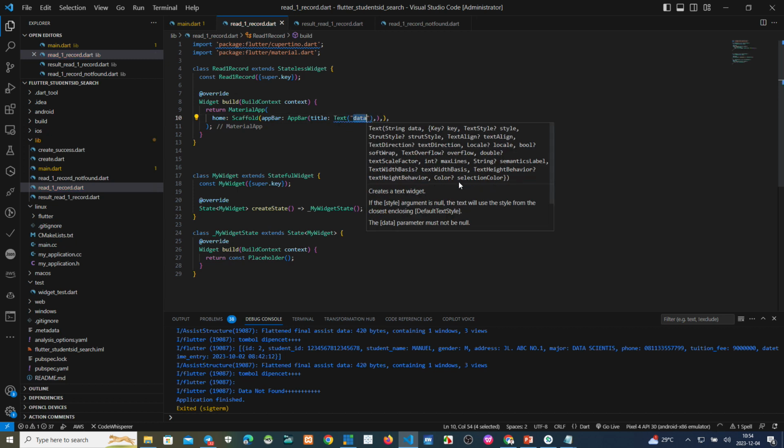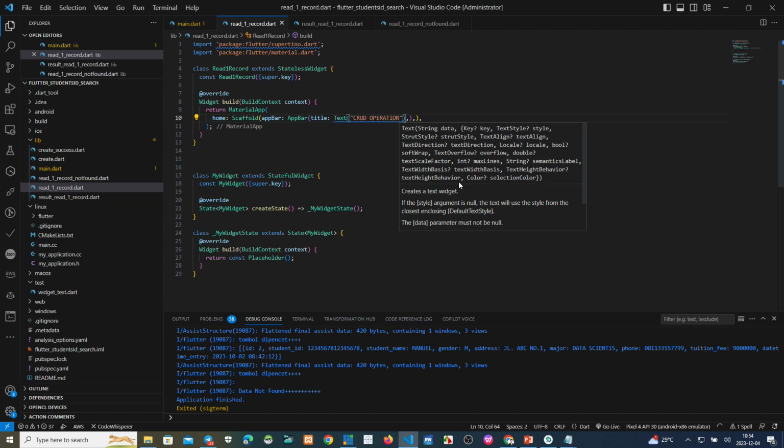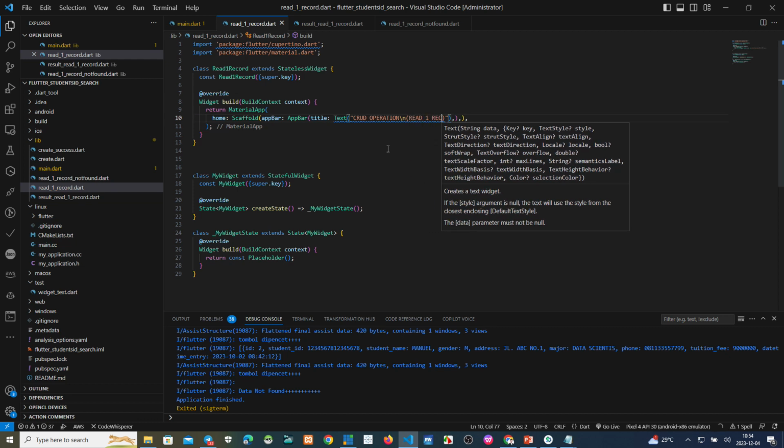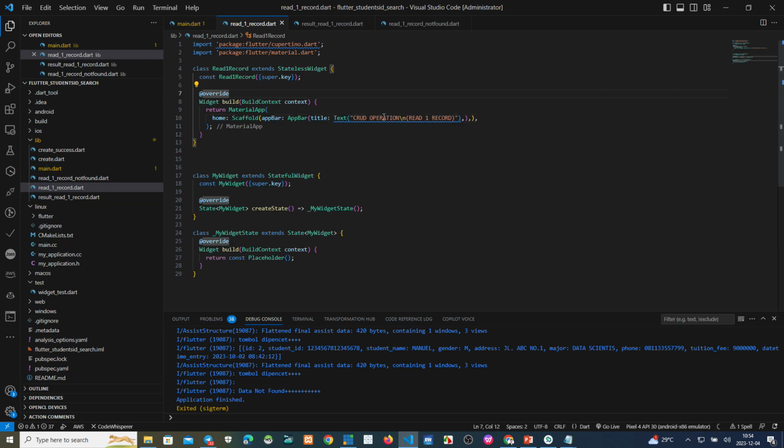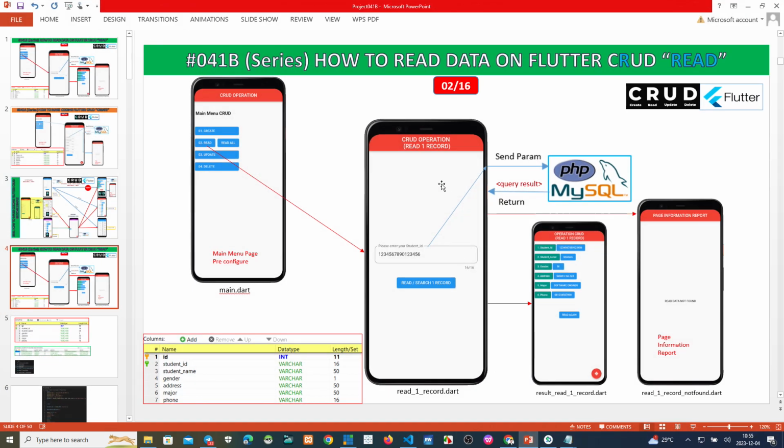Okay, take this one, CRUD operation, and then this one, read one record. Okay, I have made this application bar.